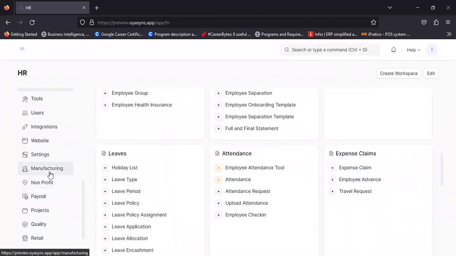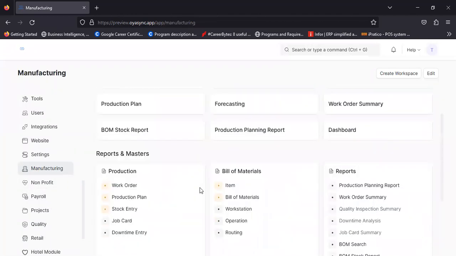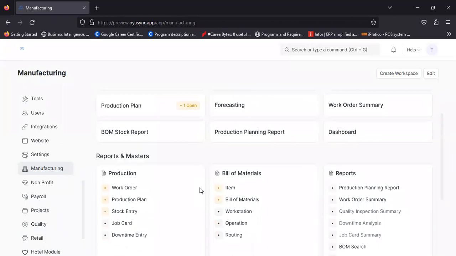We have payroll, we have manufacturing. Now, for our manufacturing module, the manufacturing module enables us to capture our manufacturing process. So the manufacturing process involves the conversion of raw materials to finished goods and all the processes that it involves, like your BOM. What a BOM means is a bill of material. What are the processes that are involved in the manufacturing of a finished good item is what is contained in